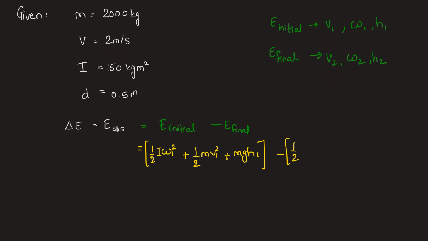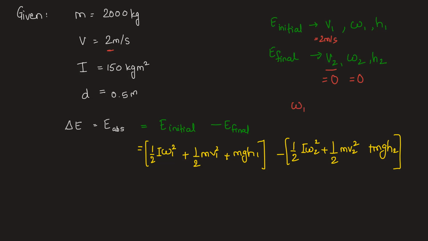It is half I omega 2 square plus half m v2 square plus m g h2. Now as we can see, after the brake is being applied, the mass comes to a rest, and that is why we say this translational velocity final value is 0 meter per second, while the given value is the initial translational velocity, that is 2 meter per second. Similarly, rotational velocity for the drum will also be 0 for the final value, but initially